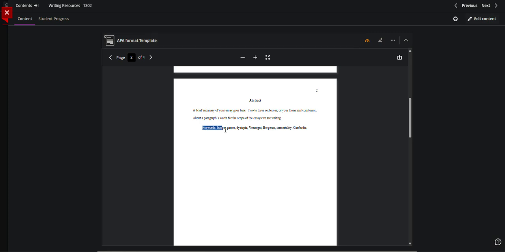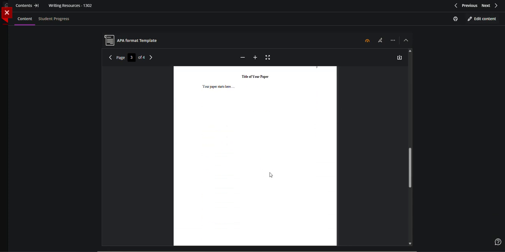And then there's keywords that you're going to put that tie back to your paper or the topics of your paper. So for example, think about it as if you were going to Google your paper. What kind of keywords would you put into Google to find your paper? If you were writing one about Harrison Bergeron, keywords might include dystopia and Vonnegut and Bergeron. If you're using Hunger Games as an example, you would put Hunger Games, or Cambodia as an example, you would put that. So whatever your keywords would be for your paper, that's what you're going to put here.